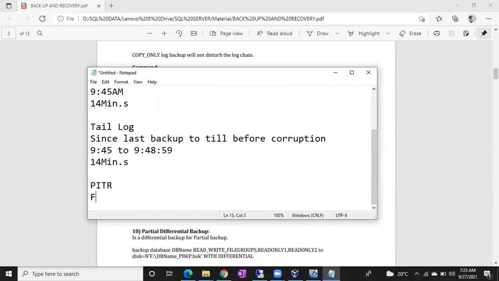By restoring a full backup, by restoring a differential backup, by restoring all the log backups after the differential backup, and finally by restoring your tail log backup. Point in time recovery means restoring all the existing backups to bring back your database to its state before corruption.